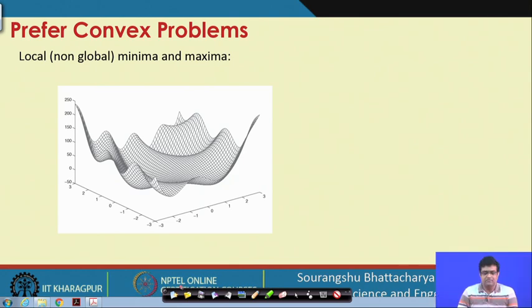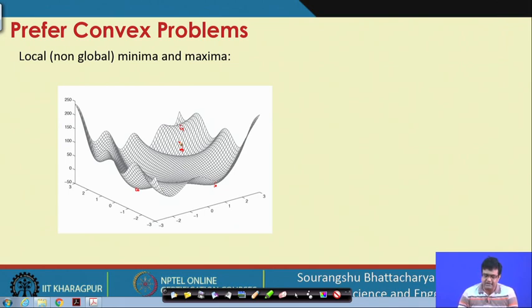Now, one of the main problems of a generic optimization problem, as we discussed, is that we can reach a local optimum, but the local optimum is not always the global optimum. For example, in this function you can see that there are many local optima here, but the global minima is probably somewhere here, whereas this is another minima and there are probably many other minima here. So, how can we tackle this problem?